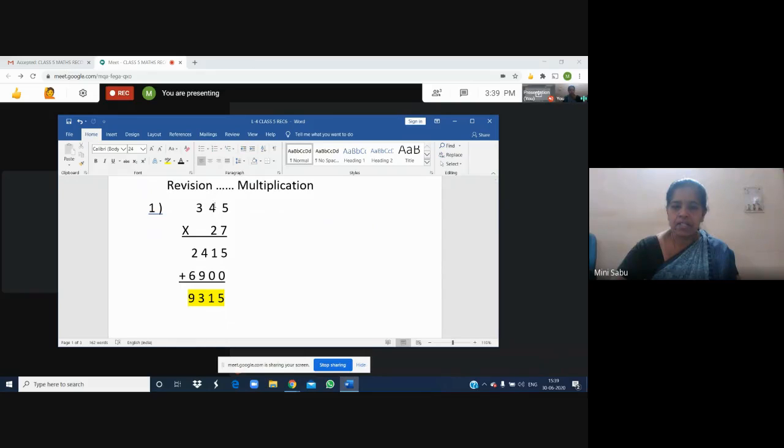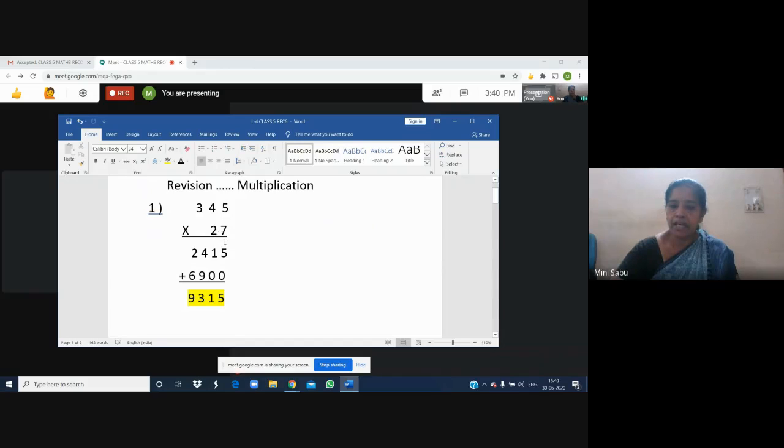This carryover is 3 and 7 4s are 28. 28 plus 3, 31. 1 is here and carryover will go here, but we will not write 3. Okay, 7 3s are 21. 21 plus 3, 24. This is the first step, and you have to understand if this number, second number by